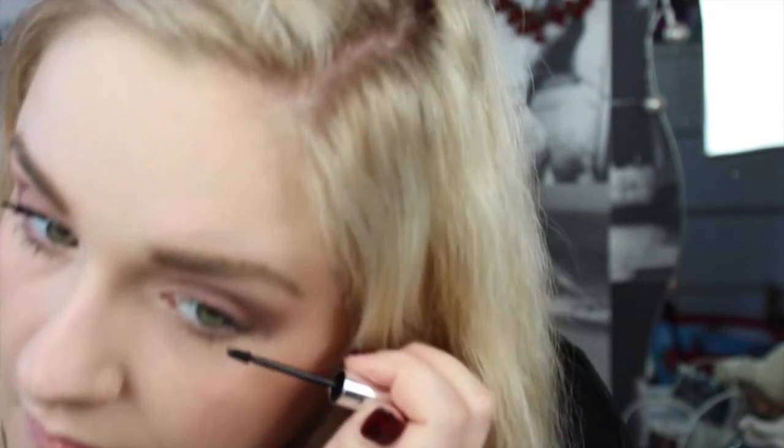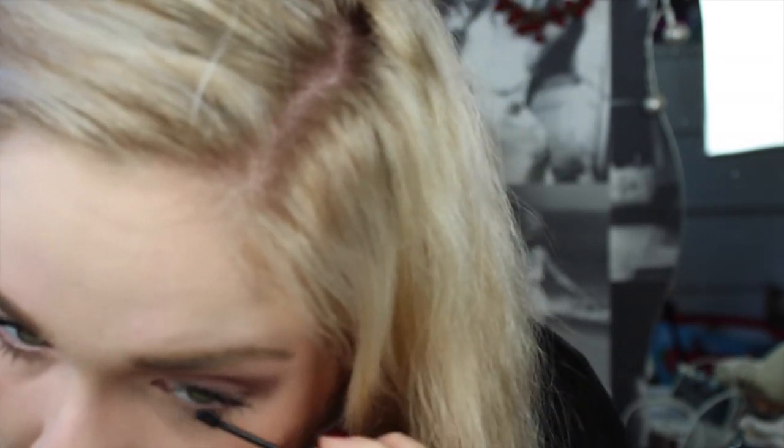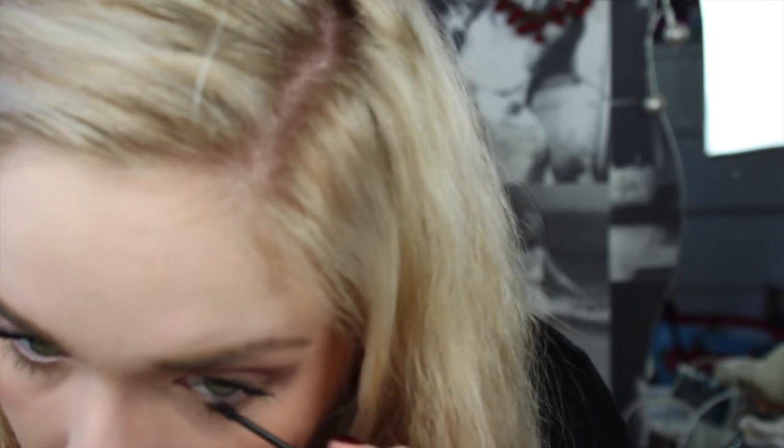I'm going to use my Clinique bottom lash now. This is my favourite thing to use on the bottom lashes because it doesn't crease, it doesn't leave a black smudge underneath, and it stays on all day. So that's kind of the makeup look done. Now for lips,